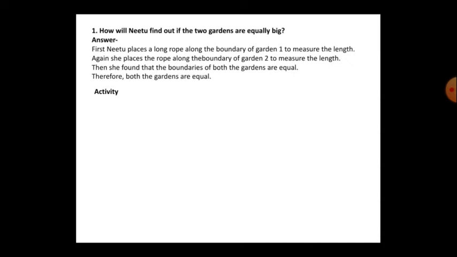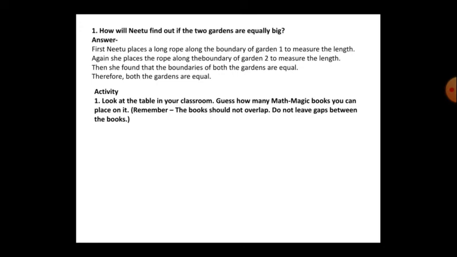So like that, you can measure by using a rope also. If it is smaller you can measure by using a rope, but if it is a bigger garden you have to find the perimeter by using the formula. Now this is how you need to find it, using the garden.